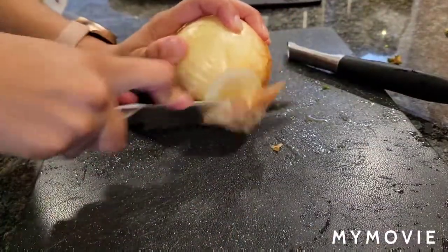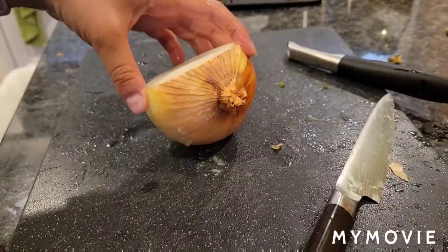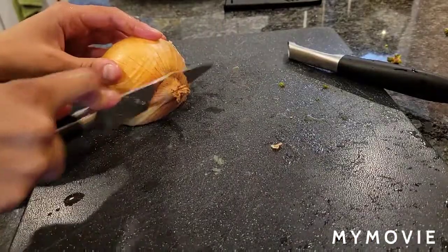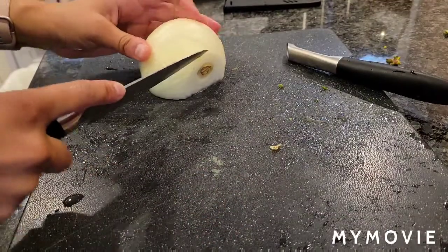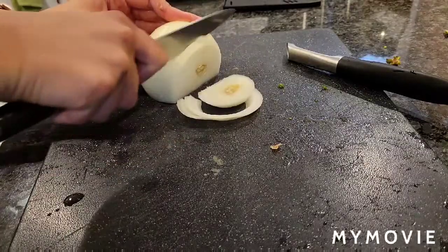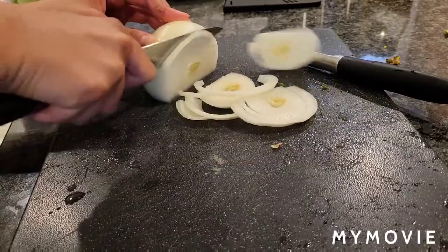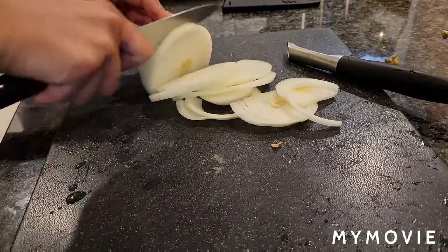Cut the end off. This end actually can go straight into your scrap bag. All right. Cut like that. That goes into the scrap bag. And then what you're gonna do next is just slice it. It doesn't need to be thinly sliced. It can be any size you want because it's all gonna go into the Instant Pot